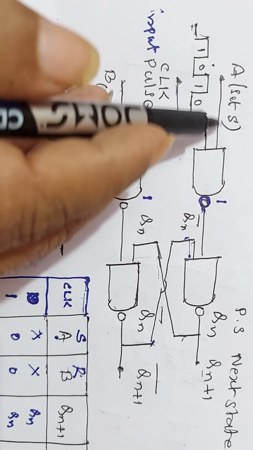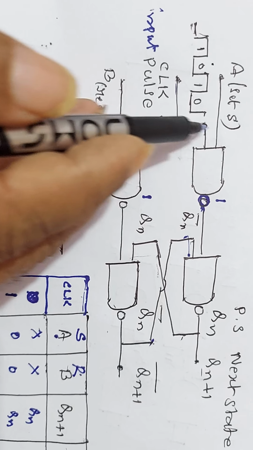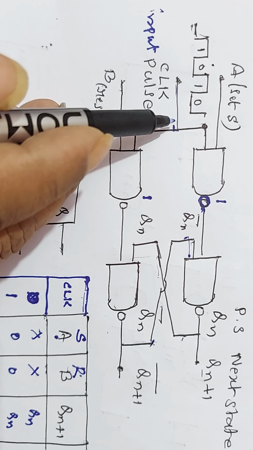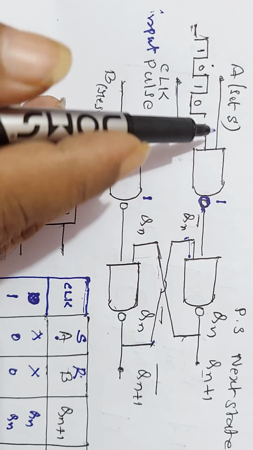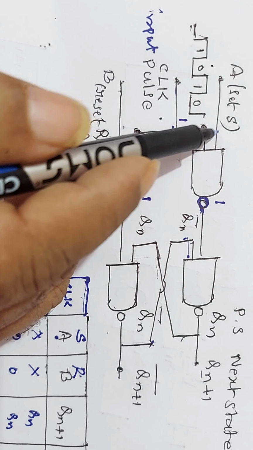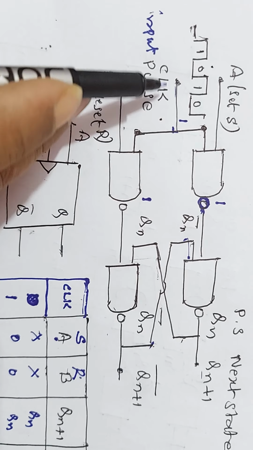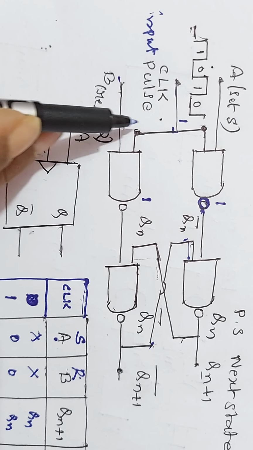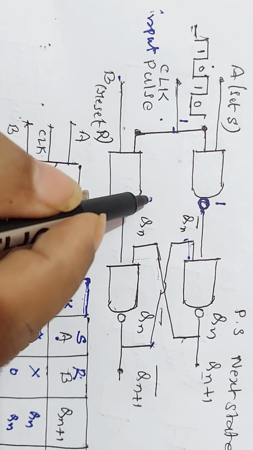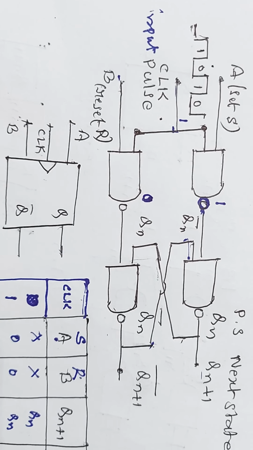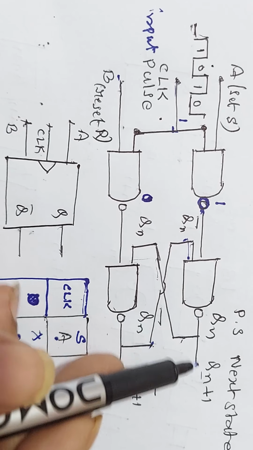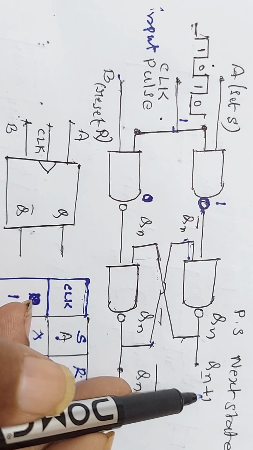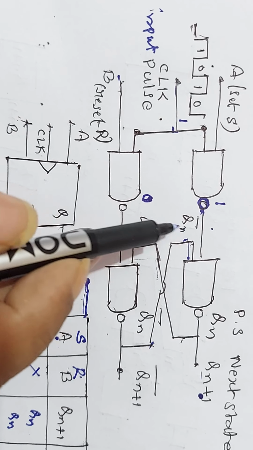When the set input A is equal to 0, 0 into 1, clock pulse is present, 0 into 1 is 0, complementary 1. Clock pulse is 1, reset input is 1, 1 into 1 is 1, complementary 0. This goes to 0. Then what are the outputs? This Qn plus 1 is equal to 1 into Qn bar to the bar. Therefore,